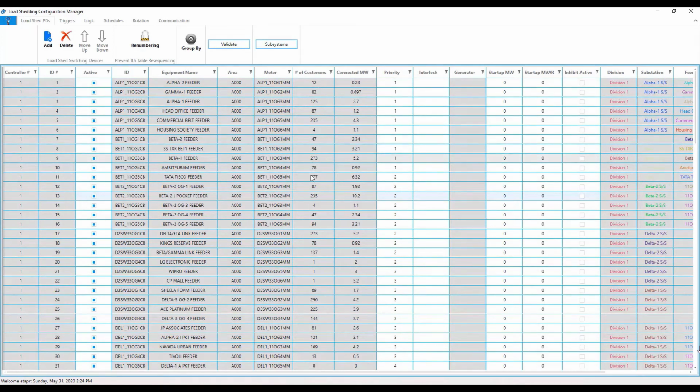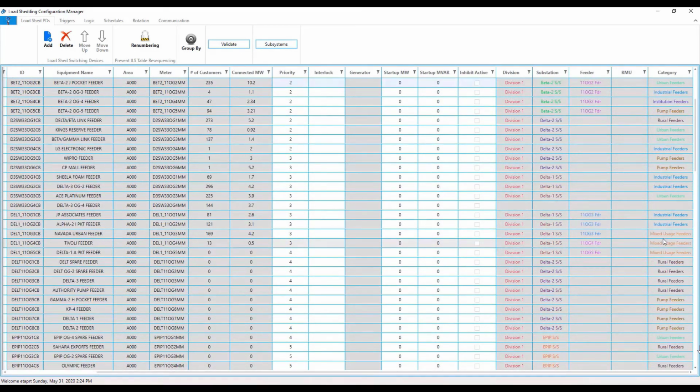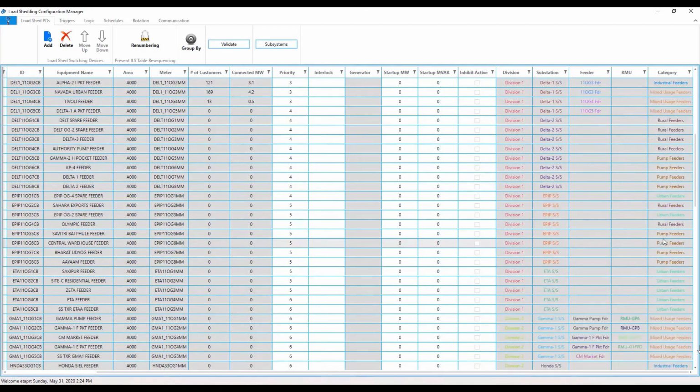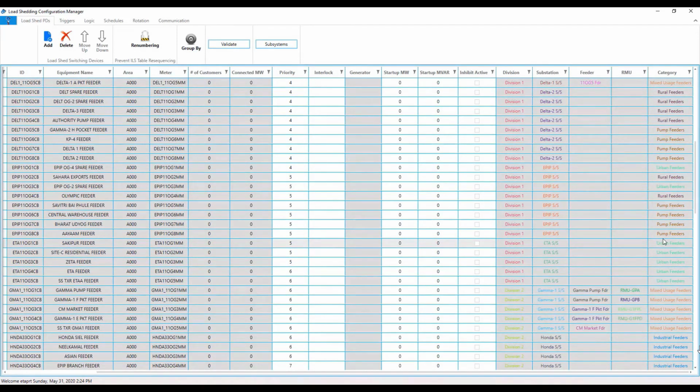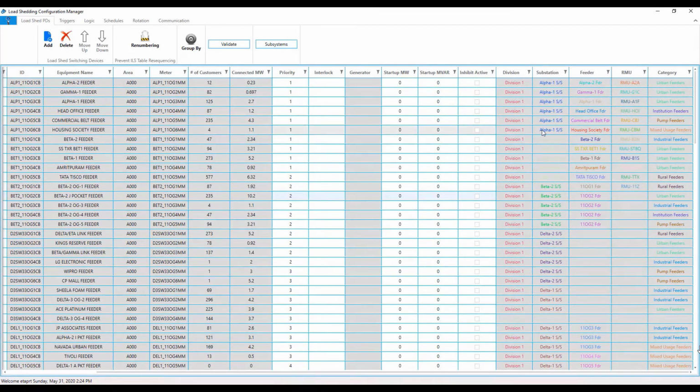In addition, users can add administrative classifications to help better navigate loads participating in the control philosophy, such as location, substations, feeder names, among others. These priority groups are used as the primary classification to determine the loads that are the least critical on the system and trip from the least important to the most important.